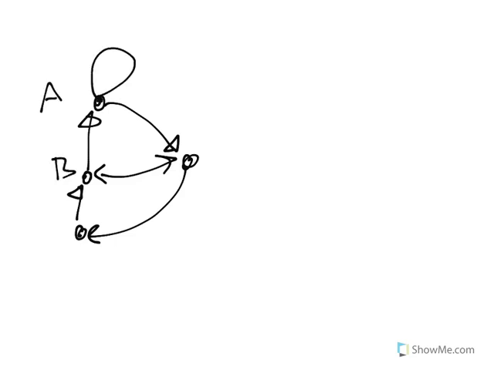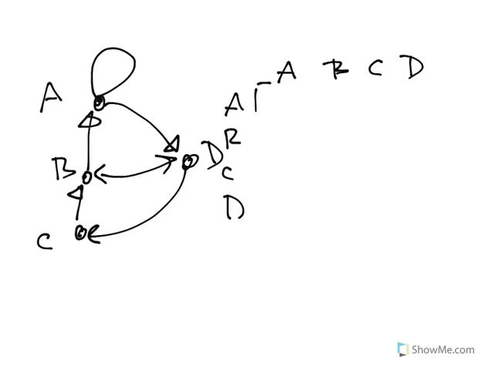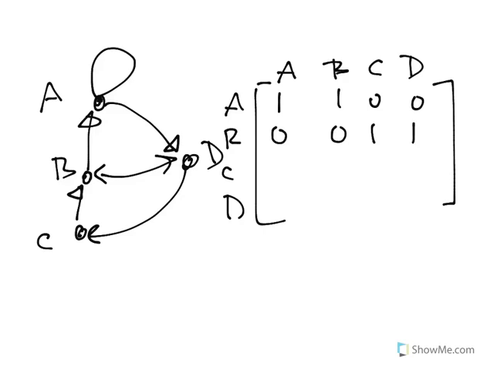A, B, C, D. And I could ask you to draw an adjacency graph, adjacency matrix. And in this case, it would be 1, 1, 0, 0, 0, 0, 1, 1, 0, 0, 0, 1, 1,